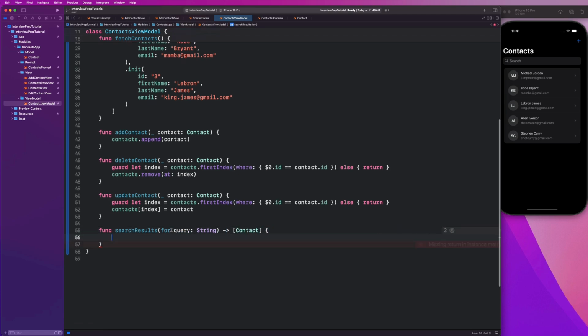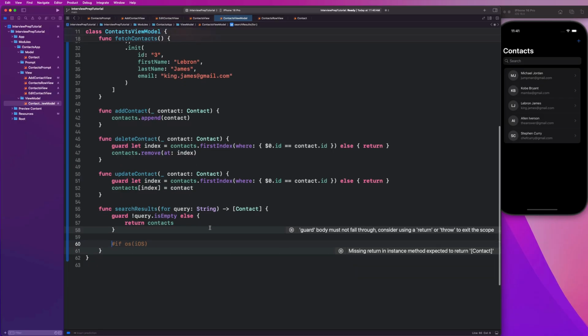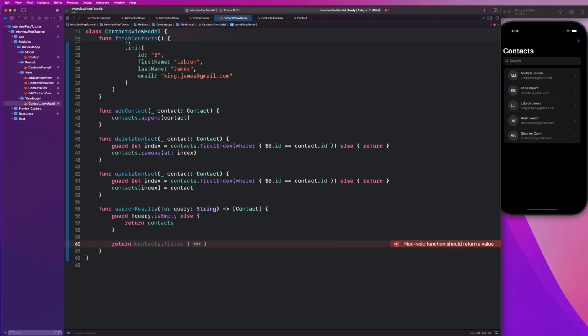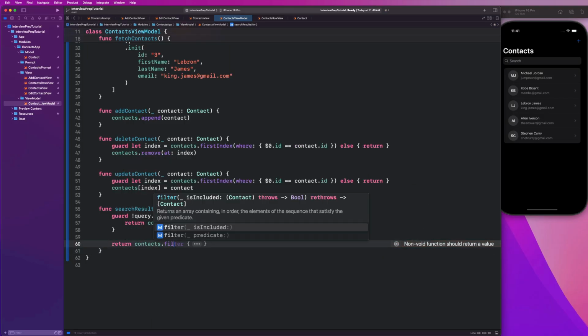So we just need to pass along this query, right? And guys, here's what we're going to do. We're going to say guard that the query is empty. And I'm going to just hit tab there. So if the query is empty, then we're going to return the contacts. Pretty simple, right? Next up, if it's not empty, we're going to say return viewModel.contacts.filter,